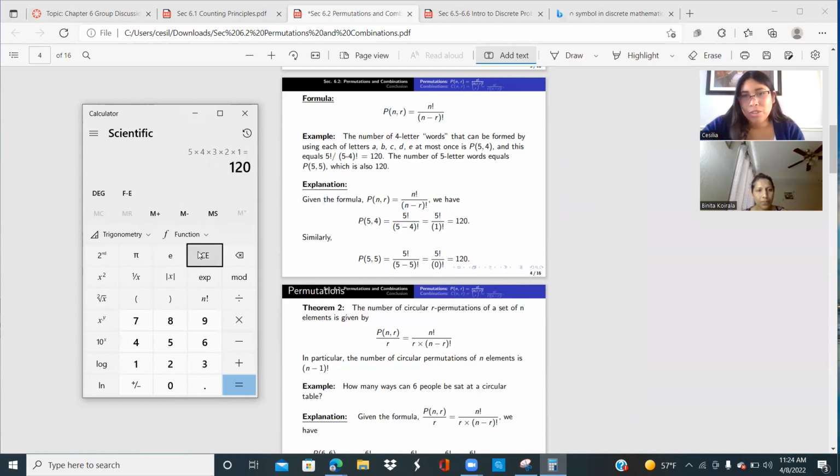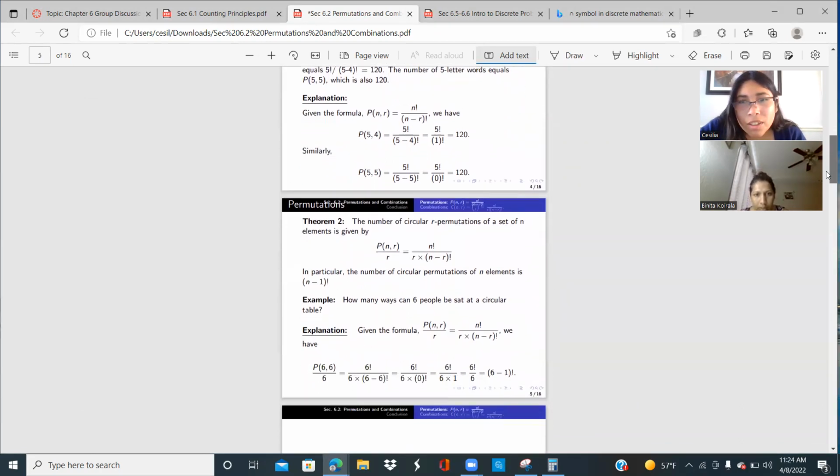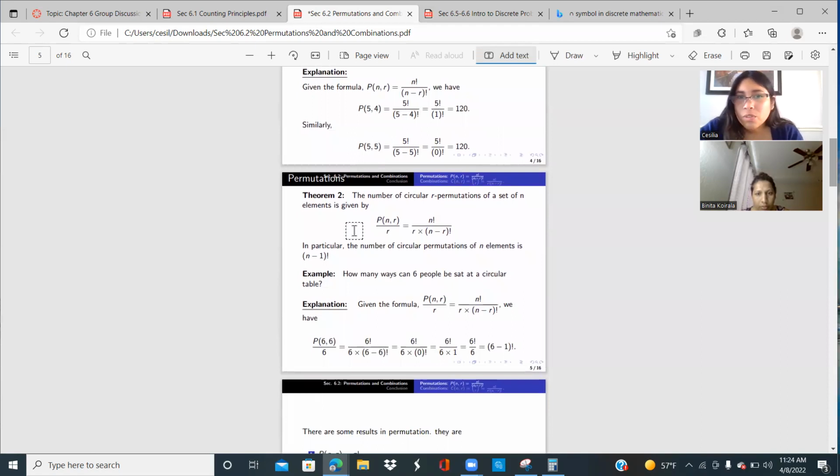Yeah, so that still gives you 120. And then the next one, let's see. Okay, so for theorem 2, this one's a little bit tricky. I got confused with the 2 because I thought I was doing it right, but I was doing it wrong for the whole entire time. So this one is almost similar to what we did up here, but you would multiply it by r